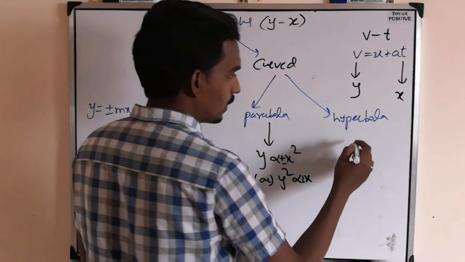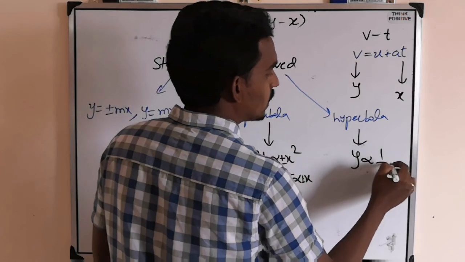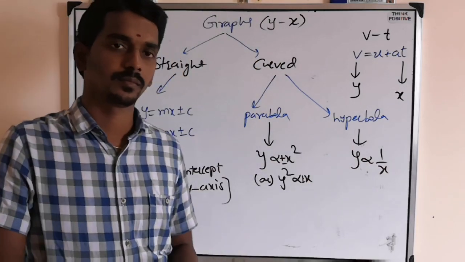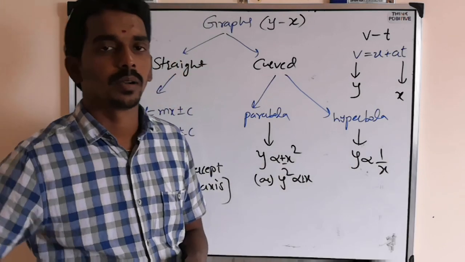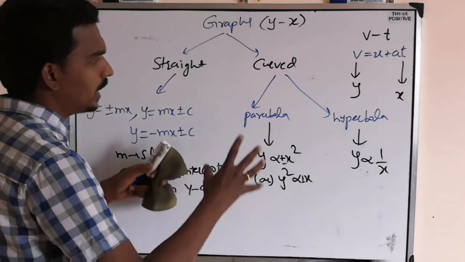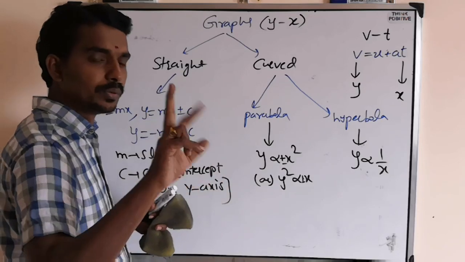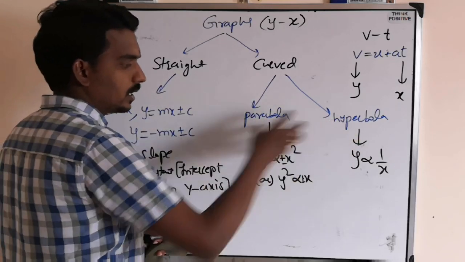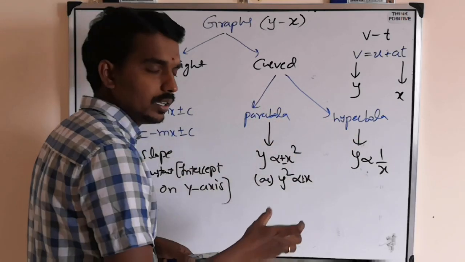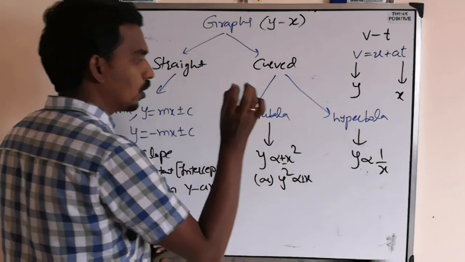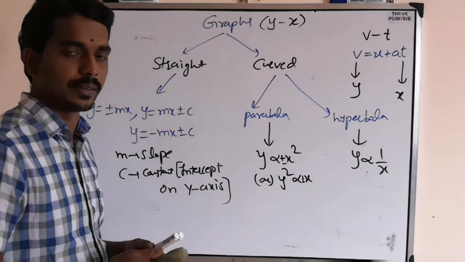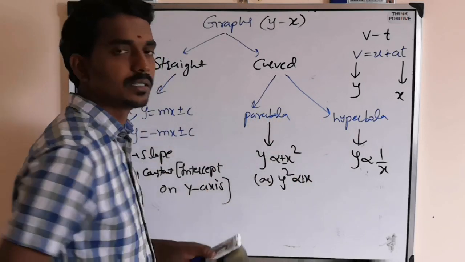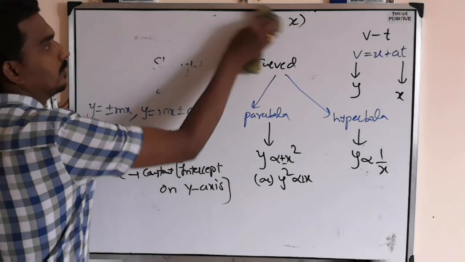Then hyperbola means reciprocal, where one is inversely proportional to the other. Then it is called a hyperbola. So when they ask for a graph between two physics quantities, you take the relation and compare it with one of these equations which is suitable, then you will understand whether it is a hyperbola, parabola or straight line. But we need to know what the graph nature is for these three. Let's take it.